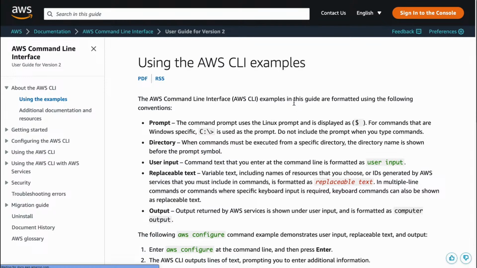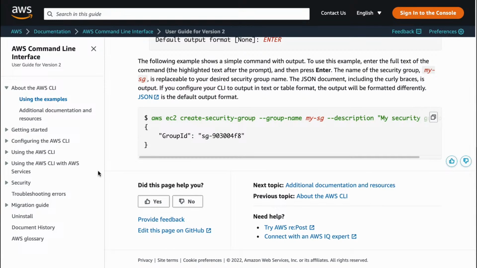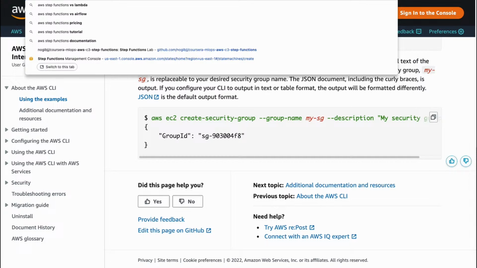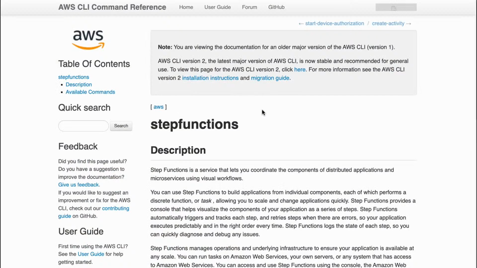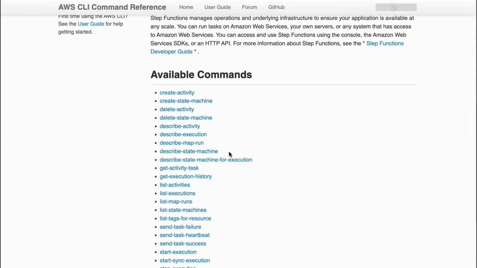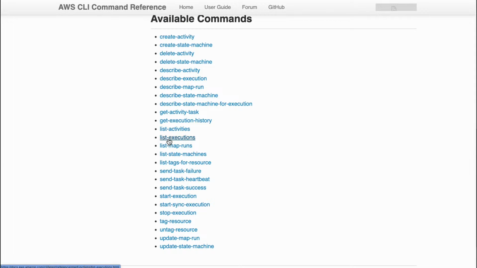Using the examples, there should be AWS step functions command line. Sometimes Google is better, and we can say list